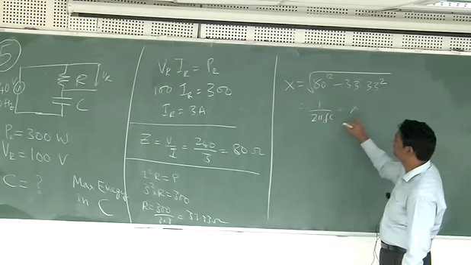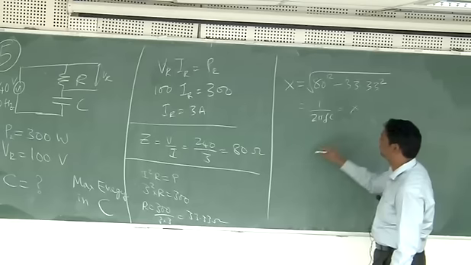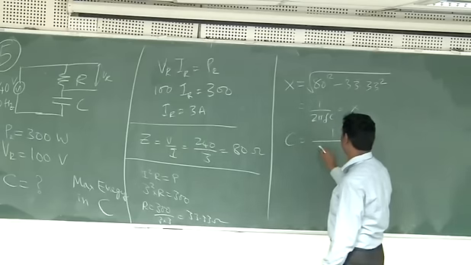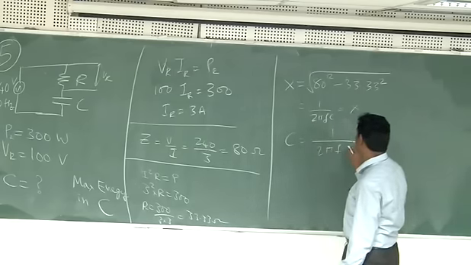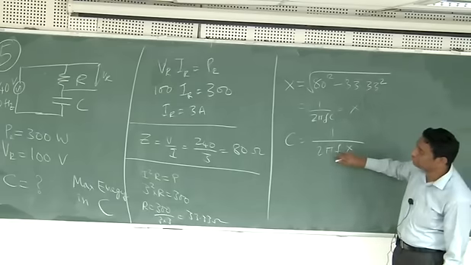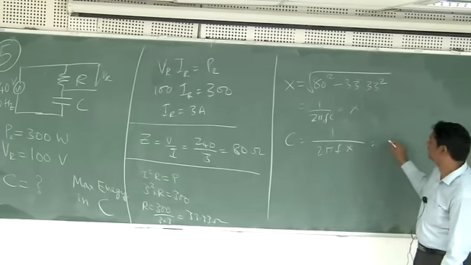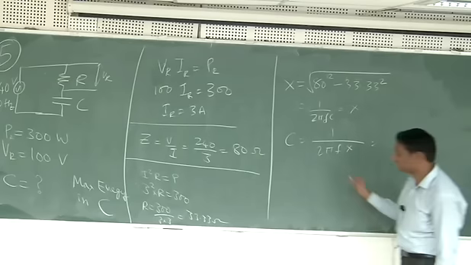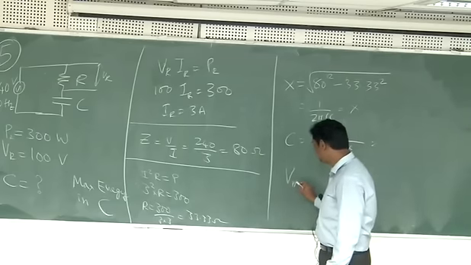So X you know, 2 pi f you can see, you have to find out. So C will be 1 by 2 pi f into X. So this X you already calculated here. The X will come here, F is 50 given, 2 pi, then you will get the value of C. Okay. And then what is V max?